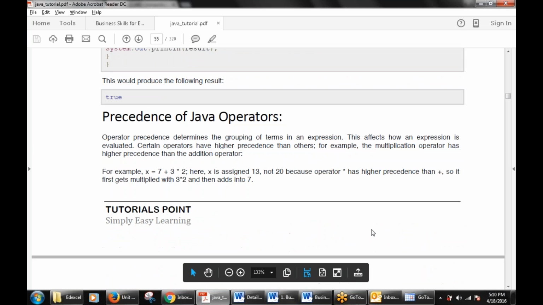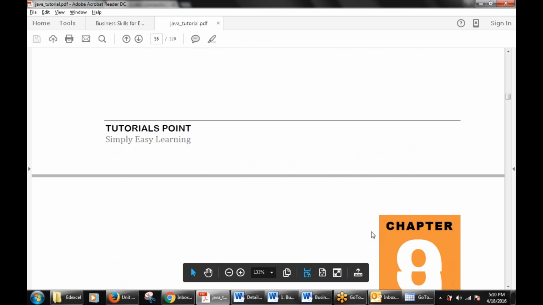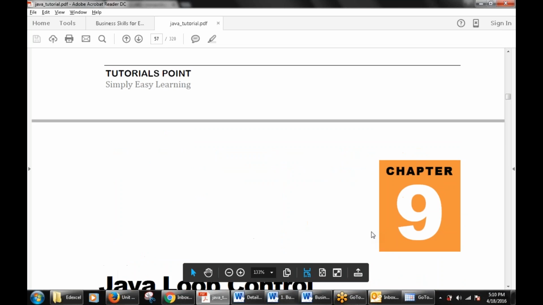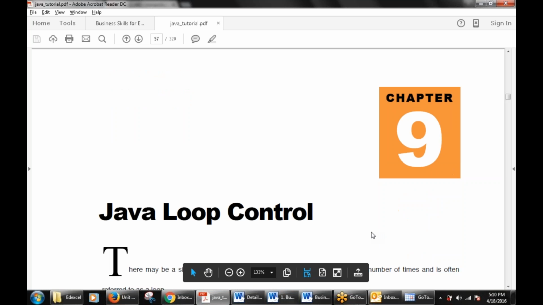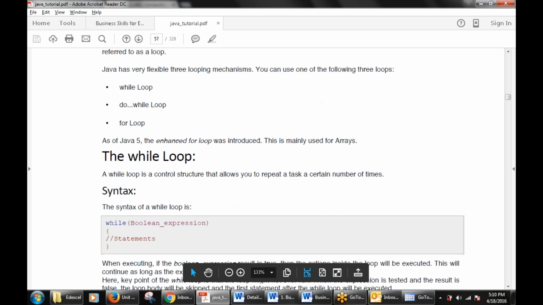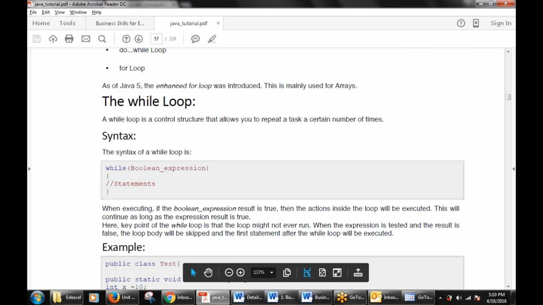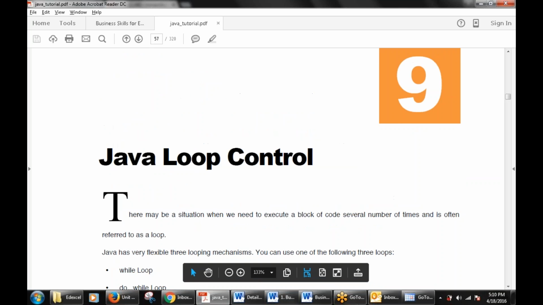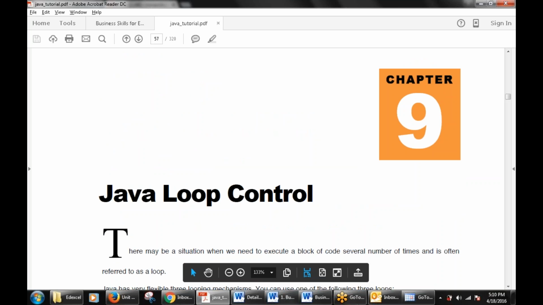So the next part is chapter number 9, the Java loop control. I'm going to continue this chapter in the next class, tomorrow's class, because this is a new concept, the looping programs. Now, if there are any doubts regarding any of the topics in this module, the Java 8 chapters, or regarding the assignment, any doubts, you